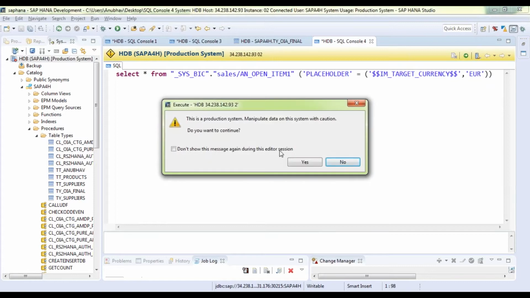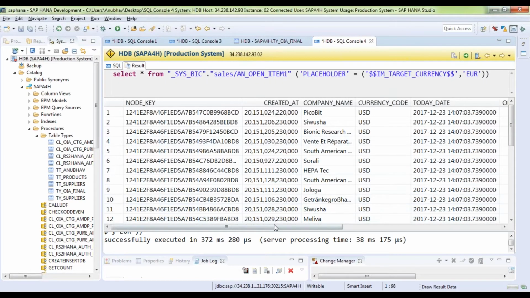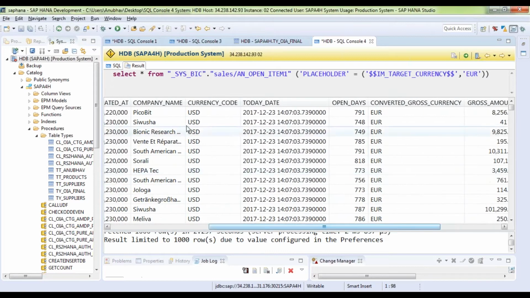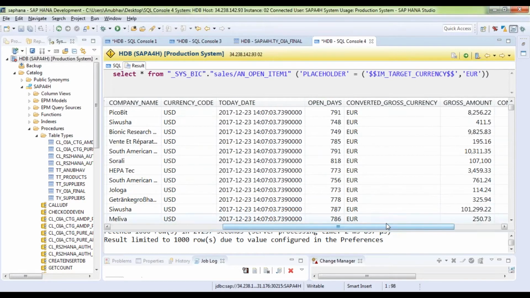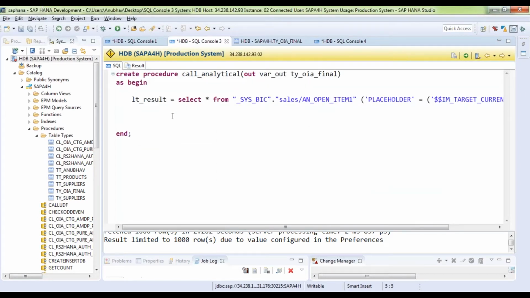So for that I'm going to write an aggregation on it. You can see it was giving me multiple values. I want the company name, total of the gross amount, average open days, and the currency code which is the converted cross currency. That's what I want. So let's go back and apply a query directly on this. So we can say lt or var out